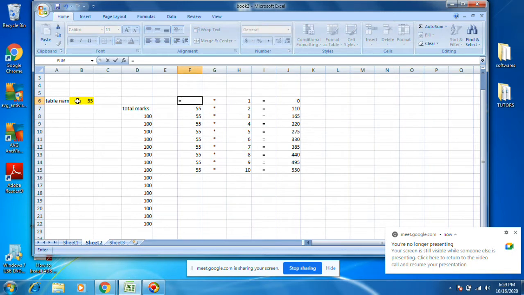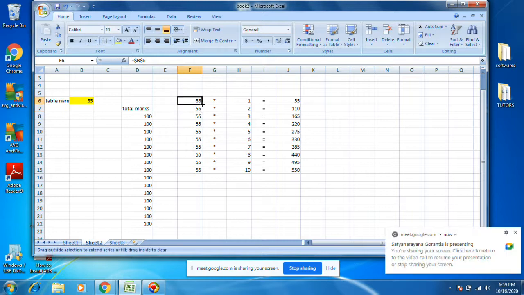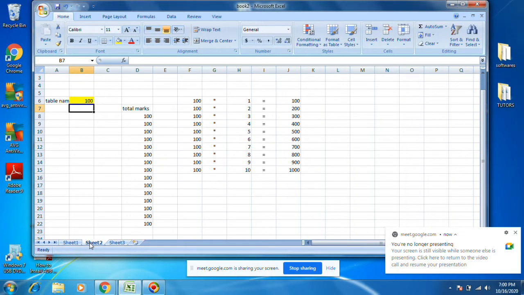Is equal to here, put dollar before B and after B. You can drag. If it is 100, it is also 100. This is called cell reference and absolute reference. It works in different sheets also. From sheet 1 to sheet 2 we have done.